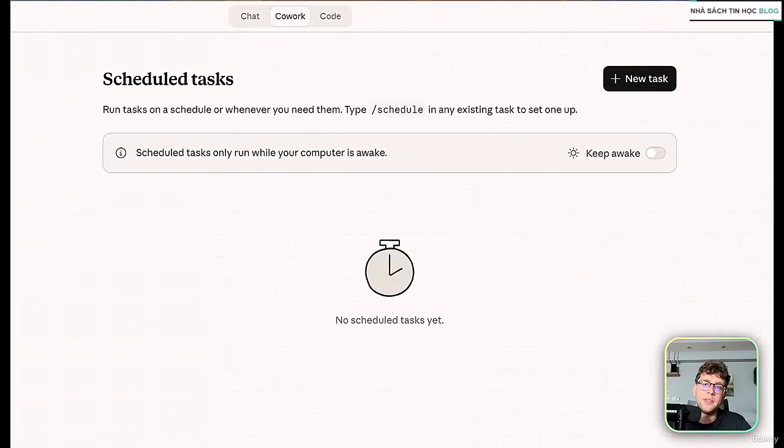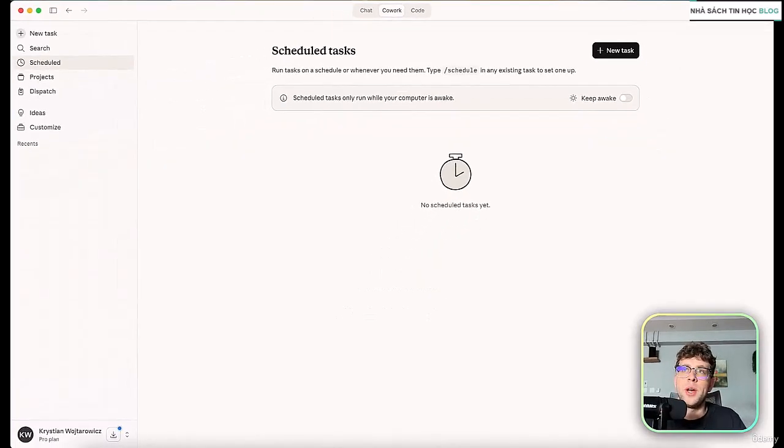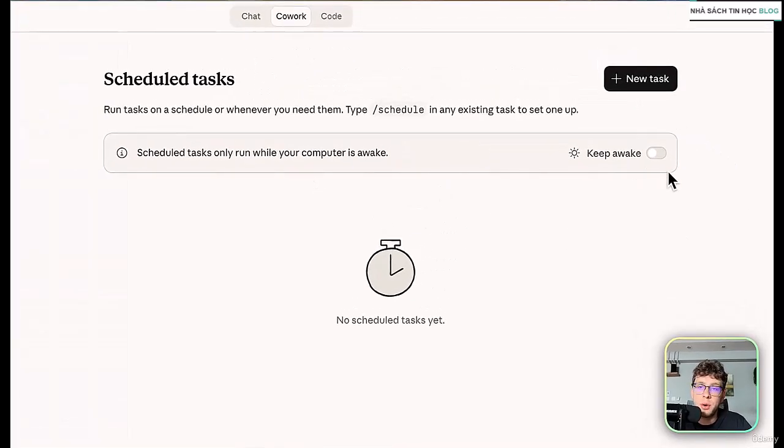This is the space where we can preview the tasks we previously scheduled. Very obvious. However, do you remember the moment when we were using the Claude Chrome extension to teach Claude a specific task and schedule it? So we could have done it also lately. However, right now we've got a specific space inside Cowork where we can see and actually manage our scheduled tasks. And now the first option, which is very interesting here, is to keep our computer awake.